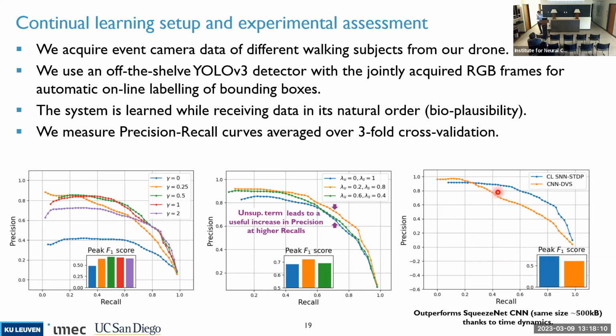And what you see here is that this CNN, processing these, let's say, DVS images, which we aggregated with a 5 millisecond time window, performs less well than our CDP system. We think this is due to the fact that our system is a recurrent system, with fine dynamics as well. Of course, an interesting thing would be to add recurrence to the CNN for further comparison. But this already shows that this kind of system performs better than an off-the-shelf system. That was the motivation.